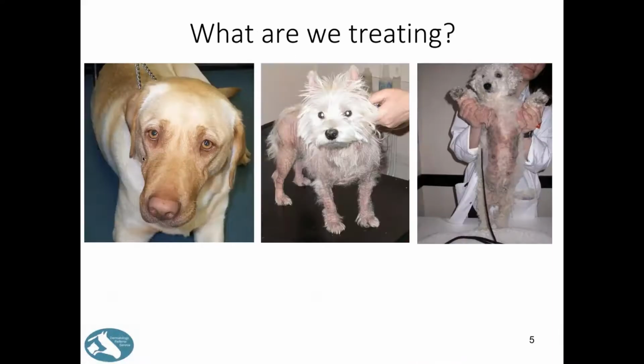So the other thing to think about is, what is it we are actually treating? These three dogs all have the same disease. They all have atopic dermatitis, but quite clearly they have very, very differing presentations. And